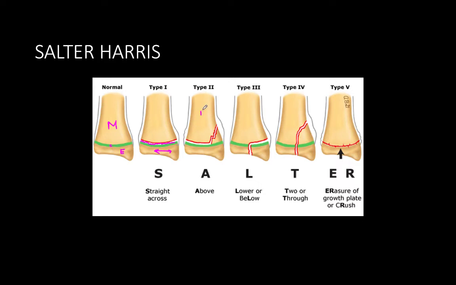The most common variety, however, is the type 2 Salter-Harris injury, in which they fracture through and along the growth plate and up and through the metaphysis as well. So they end up with a little triangular fragment of bone that's attached to the epiphysis and the growth plate in general. This fragment is called the Thurston-Holland fragment. And this is within the type 2 variety that is the most common. So you'll think about this as above, right, straight through for type 1, above meaning above the growth plate into